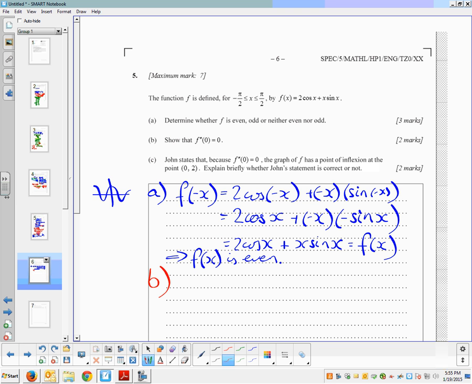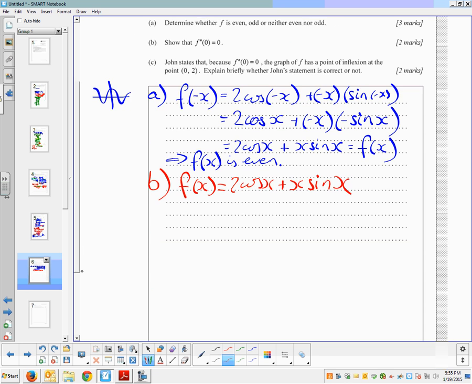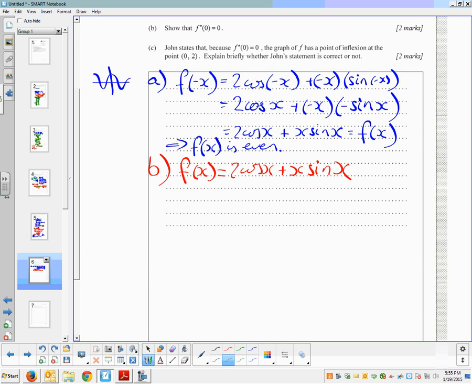Part B: show that f double dashed of 0 is 0. So this is quite a long one. For 2 marks, it's quite a lot of work, I guess. Starting with 2 cos x, because you're going to end up applying the product rule a couple of times. So we've got f dashed of x is equal to, well, this bit is just going to be minus 2 sine x,